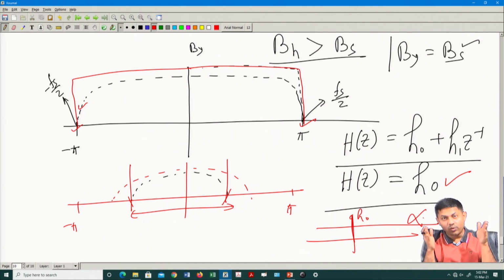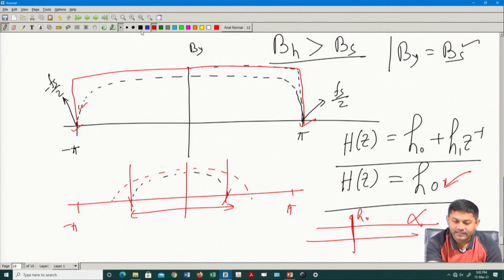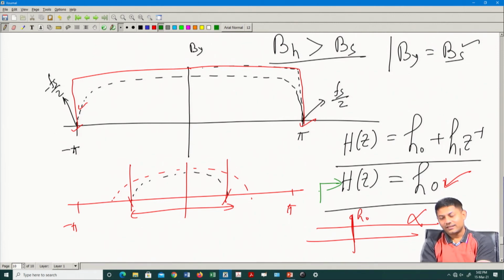The window I am looking for, the channel exists in that window. So, it is like the channel just has one tap, like an all pass filter. Such a channel, if it has just one tap, does not create any distortion in your system. In that case, it just passes everything, as if I am going through an all pass filter.